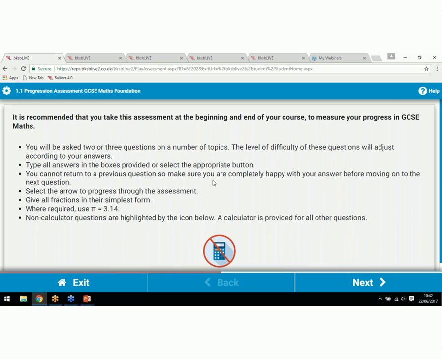The way it works is that students get asked a moderate level difficulty question on a particular topic, and then depending how well they answer that, they get asked subsequent more difficult questions or less difficult questions, and it chops and changes depending on how those questions are subsequently answered. A little bit like the old choose your own adventure books. Depending on how well you answer this, you get asked a different question, and then depending on how well you answer that, you get asked a different question as well. And the student makes their way